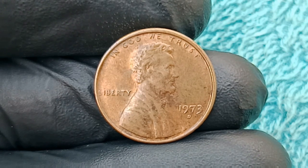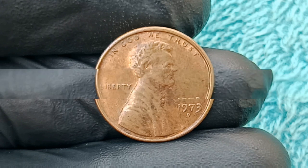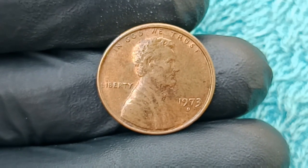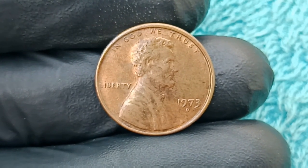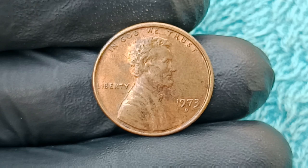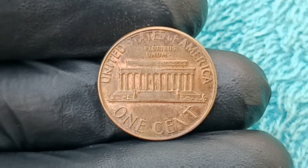It was a catastrophic die misalignment during one of the production shifts that left the obverse design, the portrait of Abraham Lincoln, slightly off-center, while the reverse side, showing the Lincoln Memorial, bore ghosted double impressions of the pillars and the word United appearing to echo across the top edge, an error now classified as a double-strike misfeed combined with